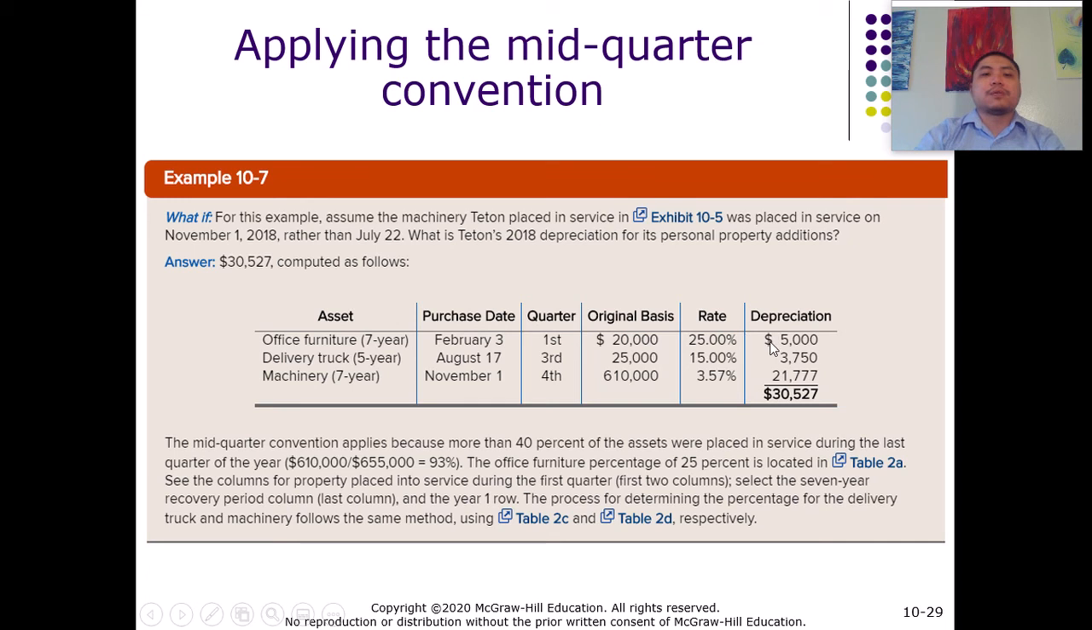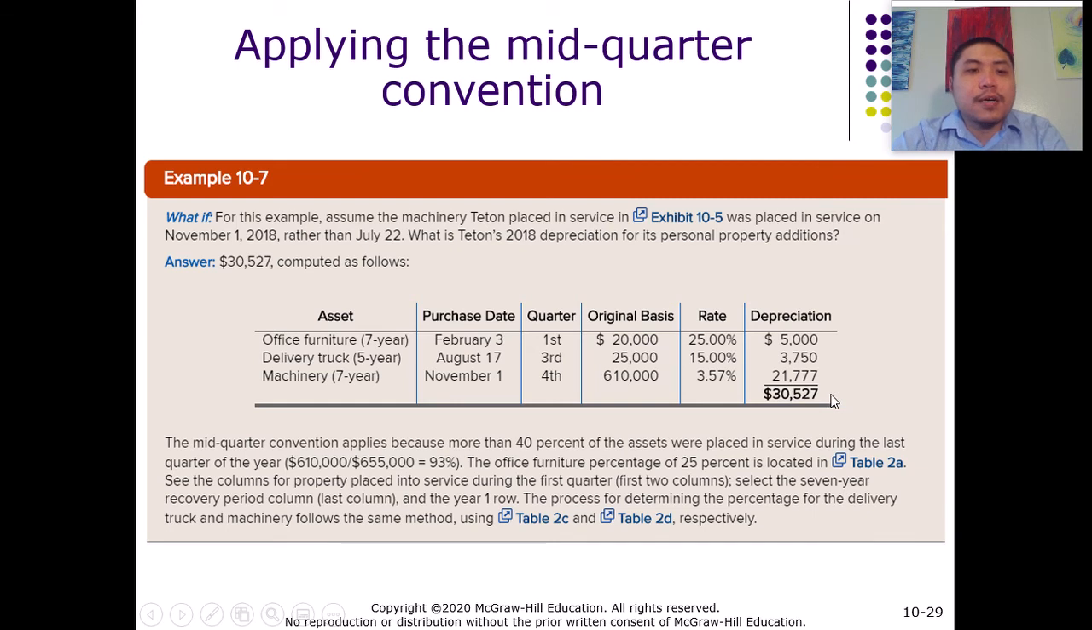Right? So as you can see, the mid-quarter convention is more complex than the half-year convention, and if you compare the amount of depreciation expense allowed when you use the mid-quarter convention to when you use the half-year convention, you can see the depreciation expense is much smaller, right? So here under the mid-quarter convention, the total depreciation expense is going to be $30,000,